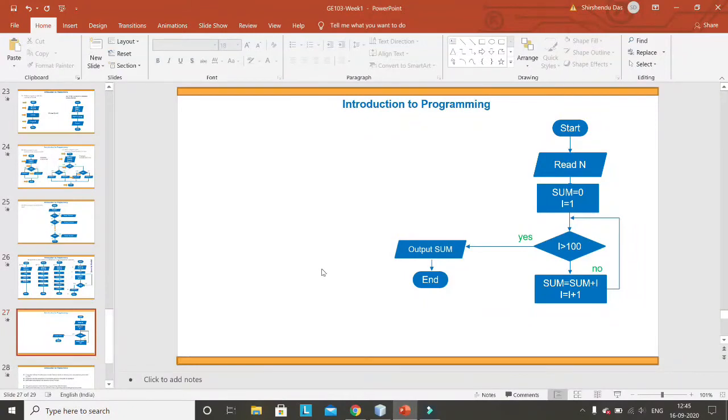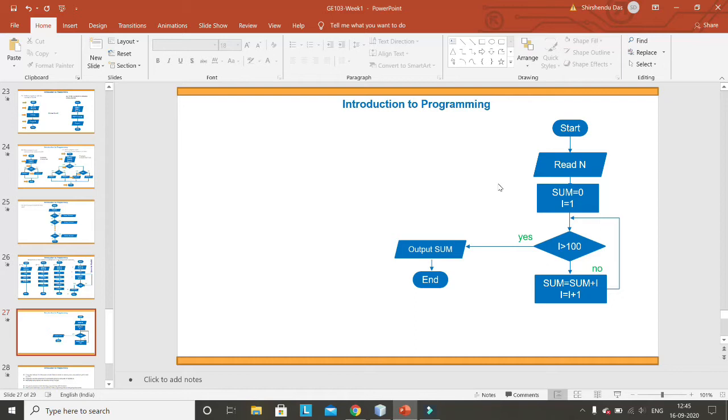In this class today, we'll discuss a very important logic or syntax of C programming, which is called loop. To start with, to explain the concept of loop in C programming, we'll start again with a small flowchart. I hope you know what a flowchart is, and I also hope you are practicing writing flowcharts as well as programming.